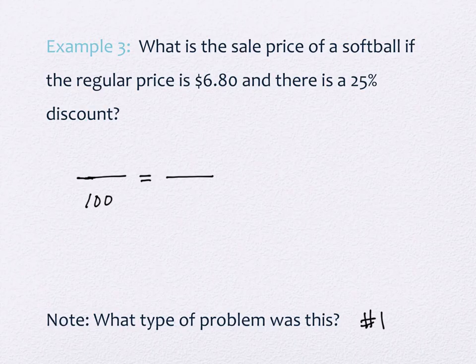It is a 25%. So I'm going to put the 25% in right now. So 25 out of 100. That's what percent means, right? It means per 100. So this 25 out of 100 means percent. So in a very real way, the left-hand side of this equation is 25%. Now the right-hand side of the equation is going to be like the discounted prices and the original price, okay? So the original price corresponds to the 100% on bottom. Does that make sense? Like it's the original amount. It's the full amount. So our $6.80 softball is on bottom,